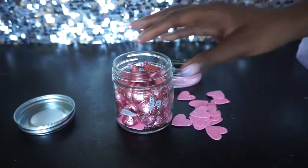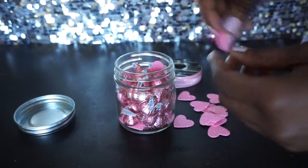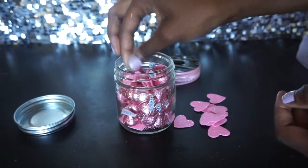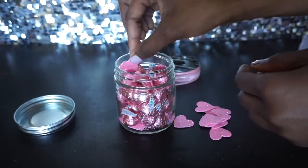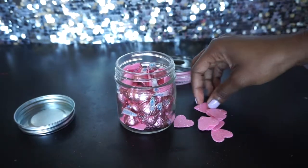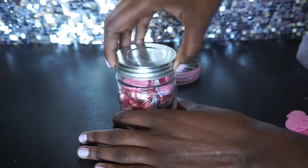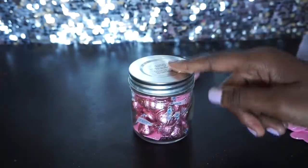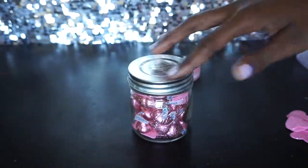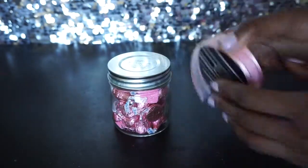Alright, so I have my jar full of kisses. Then I'm going to add in a few more of these cute little hearts. Just put the top on it. Now, what you can do, Dollar Tree does have Mod Podge and glitter, so if you'd like, you can Mod Podge this top and cover it completely with glitter. But what I'm going to do is use some ribbon,